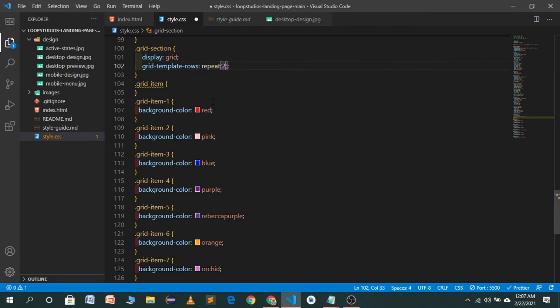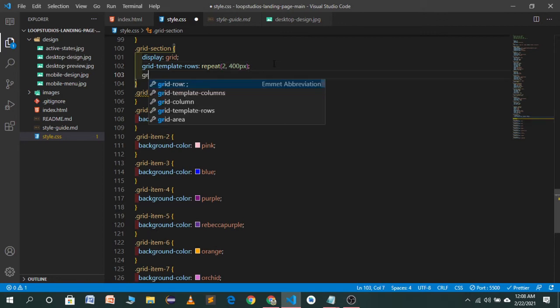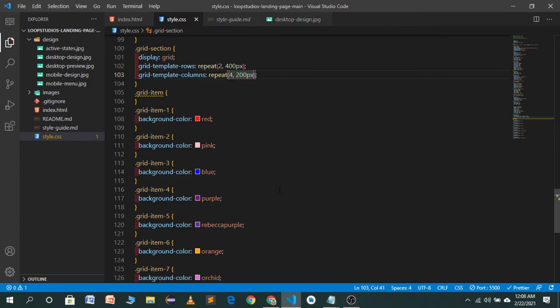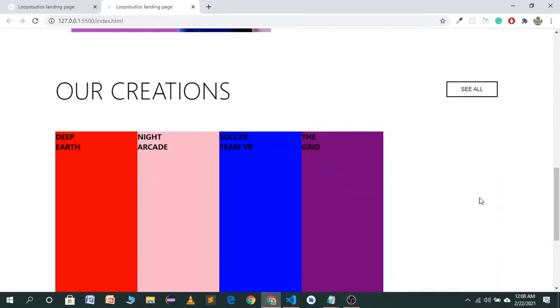We want 2 rows, and the height for our rows will be, let's say, 400 pixels, and we want 4 columns, and the width for our columns will be 200 pixels. Let's save this one. Let's see how it will look.